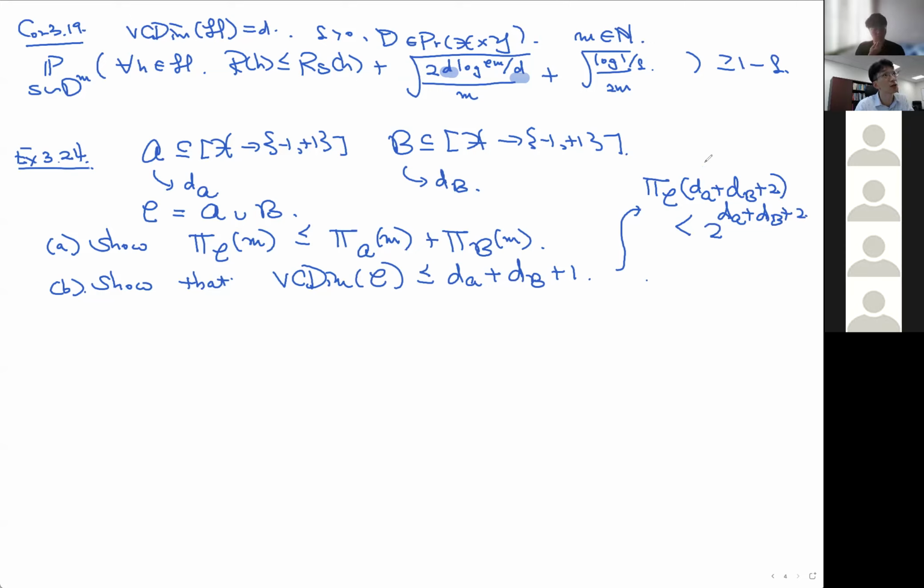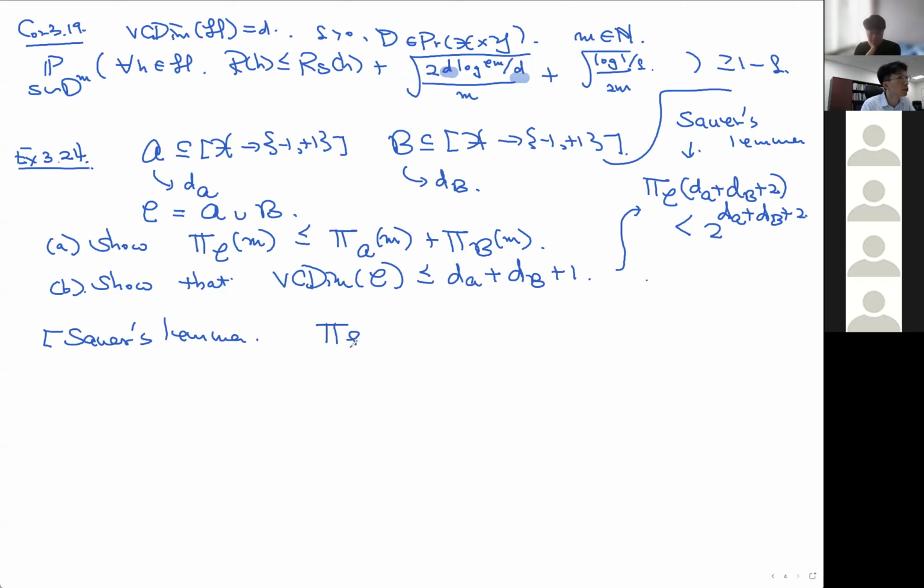Now, to prove this, you can use Sauer's Lemma. So, a quick reminder of what Sauer's Lemma tells us: a hypothesis set with this VC dimension